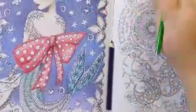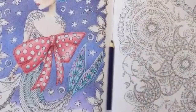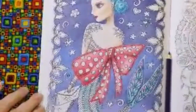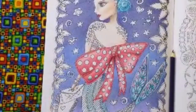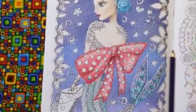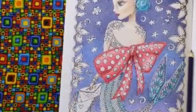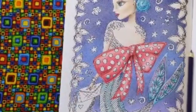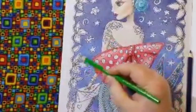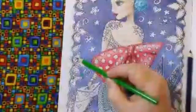Changing midstream here, I'll just move some things, move the book. I'll show you something. So say we wanted to do, well, it would be helpful if I can see where the book is. Come over a little bit further until we guess that we're in the right zone. Okay, so according to that, up here somewhere. So if I was to make this leaf green, and this was the darkest green that I owned, then what you could